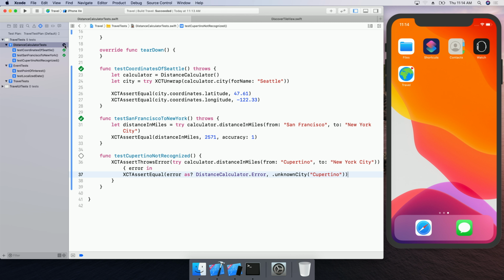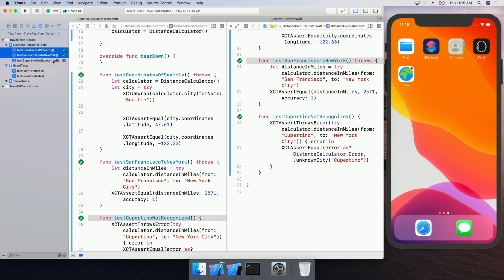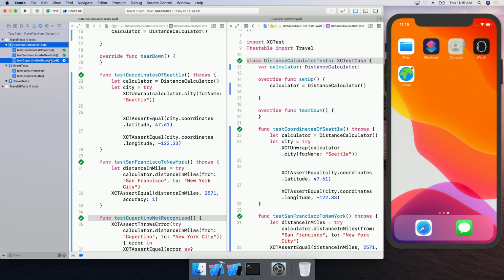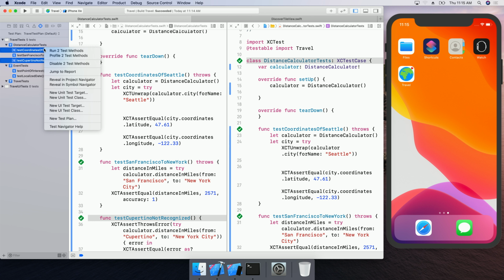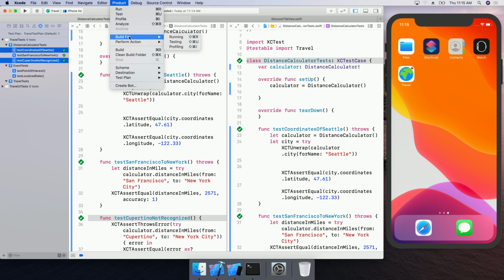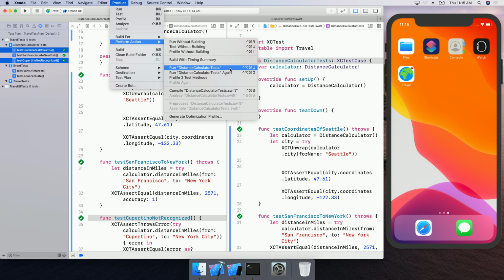I can also command-click on different rows in order to select different values to run or different test categories to run if I don't want to run all of them at once. By context clicking, I can choose to run them. If I do choose a subset to run and then want to rerun the same subset later after I fix some issues, I can also go to the product menu, click on perform action, and choose to rerun just the last test that was run.